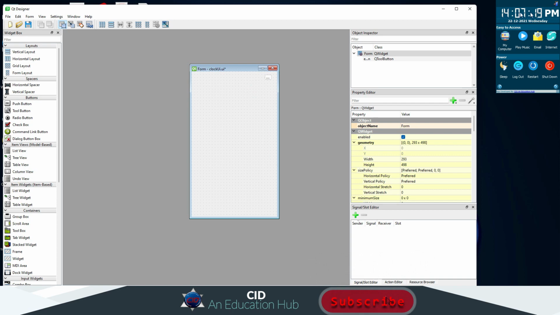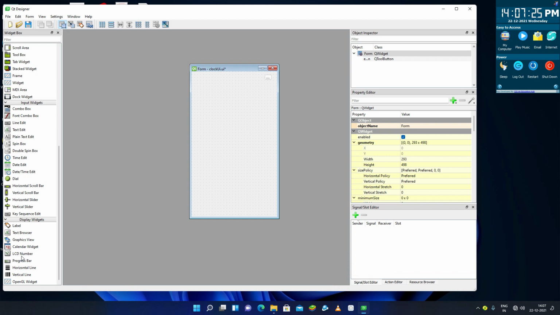Now I have to create this time widget, and for this I will use an LCD number. You can use labels or entry box or anything. I'm using the LCD number just to show the time in the correct way. Okay, now I can use another label, and this label will show the AM or PM. You can use the same LCD number widget for showing AM PM also, but I am just changing it to another. Now I can change the text on this to AM.